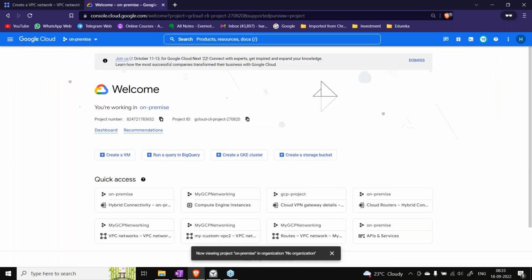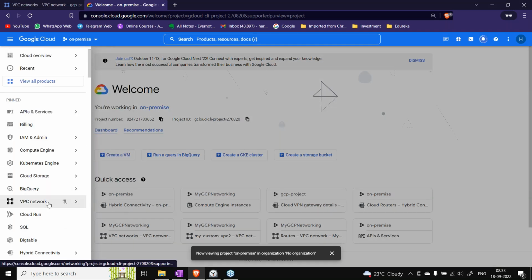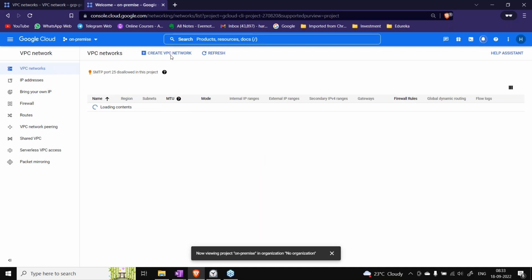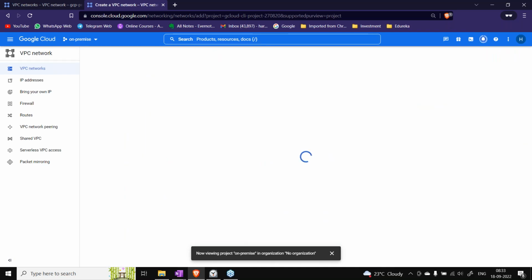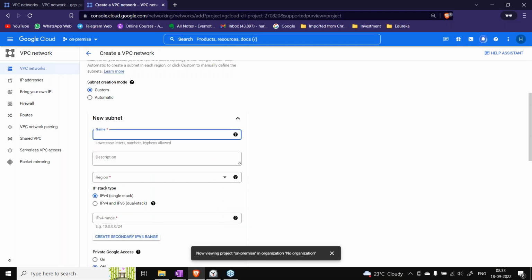Similarly, on the on-premise side also, we'll create one VPC. Let's go to VPC. Let me just check, okay, I don't have any other VPC. So let's call it on-prem VPC. Custom fine. On-prem VPC subnet 1.